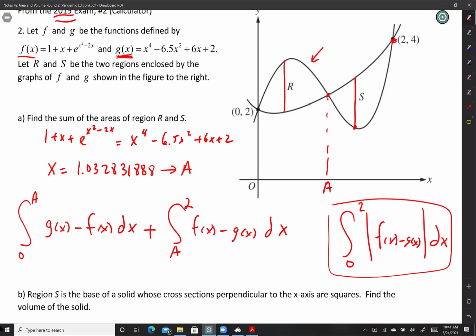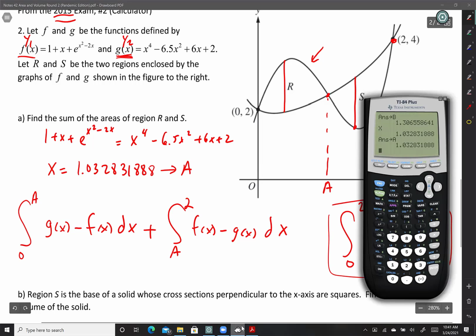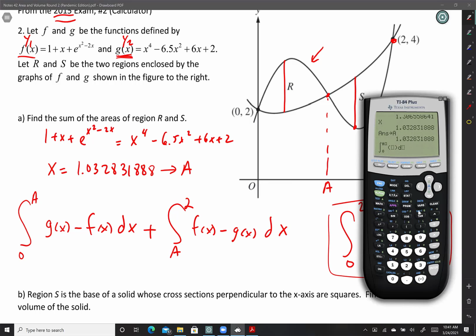Let's see what that is. I don't remember which one I put on what. I think this is Y1, this is Y2. So make sure to let me know if I put it backwards. All right, so here we go. Math number 9, and we'll test our system, see if it would have been correct. 0 to A of Y2 minus Y1, so alpha trace Y2. Ouch, look at this, dummy me, not you. Alpha trace Y2 minus Y1